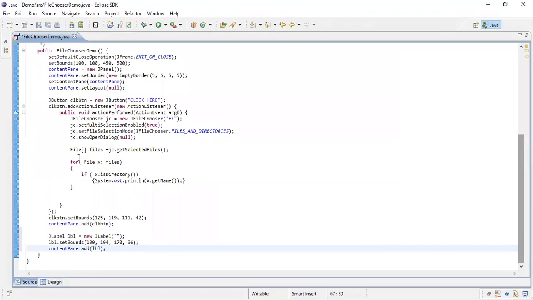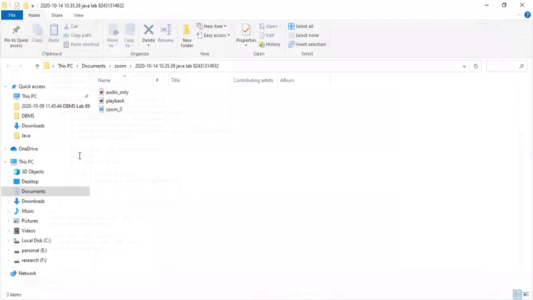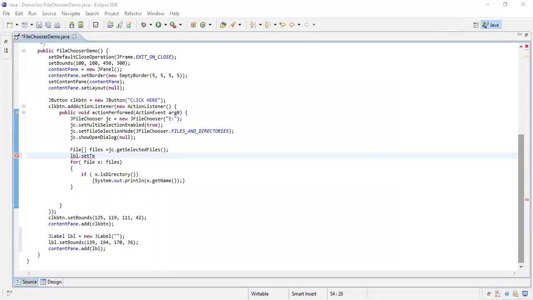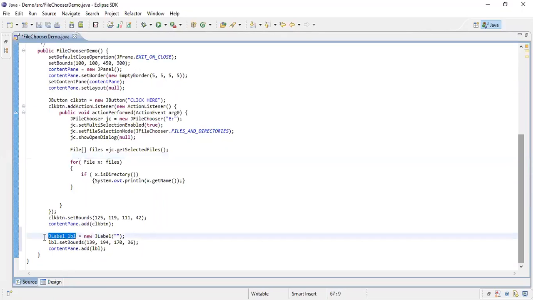Here, label dot setText. I can write it inside my set. LBL dot. What happened? LBL should have been global. Just a minute.